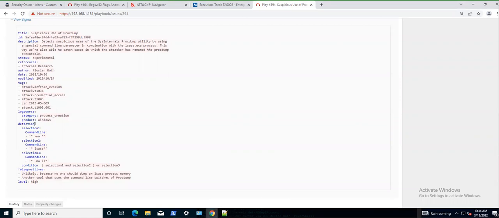If you look right here, the detection is selections 1, 2, and 3. So these particular strings in the command line, this is what it's looking for. And the condition is hit on selection 1 and 2 together, or 3. So you can see how it's structured right there. And you could probably make a dashboard to look for this, but